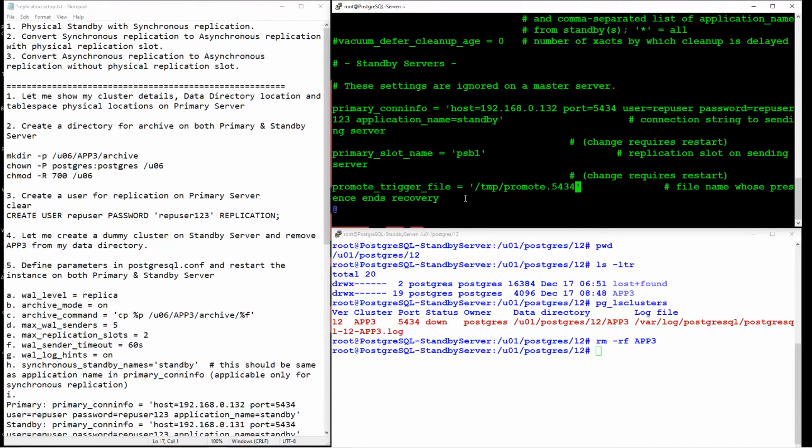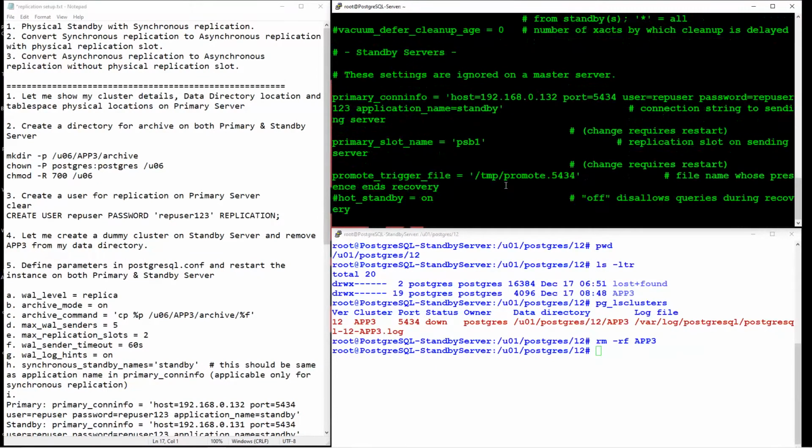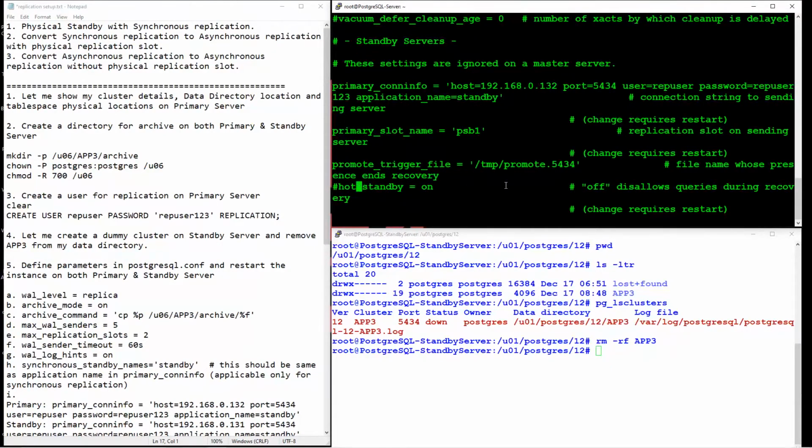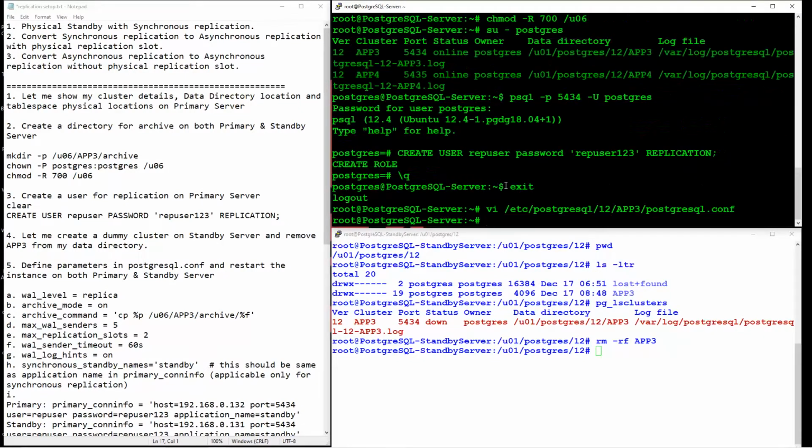I can define any name. This parameter is useful if I want to promote my standby database to primary. Once I touch this file, it automatically converts my standby database to primary database. The next important and final parameter is hot underscore standby, which should be on. So with this I have defined all my parameters in primary. Let me restart my cluster.